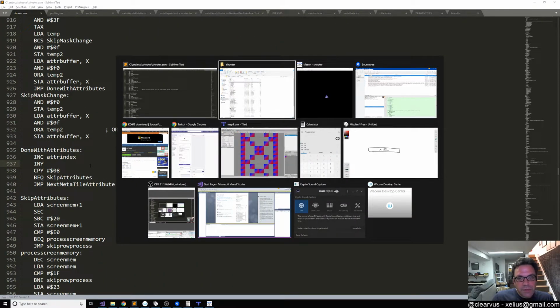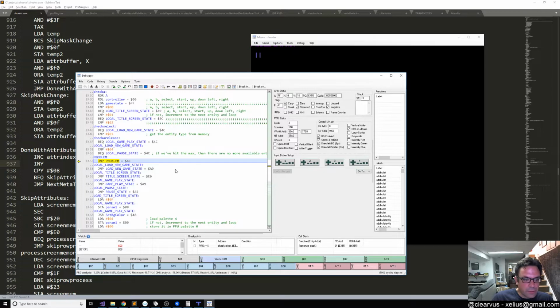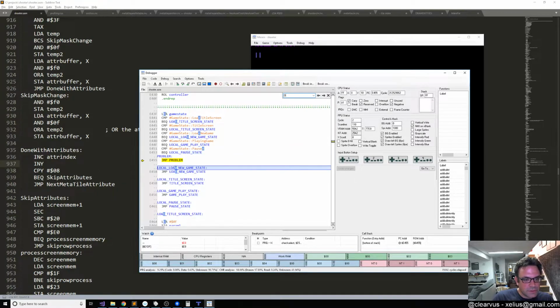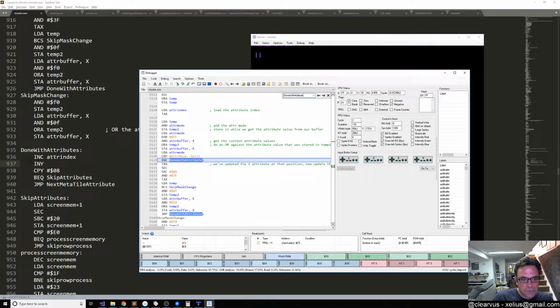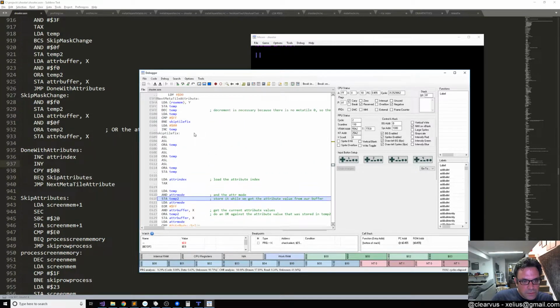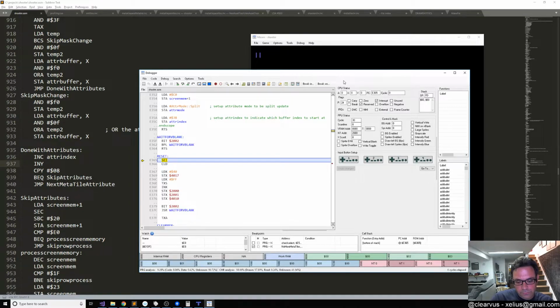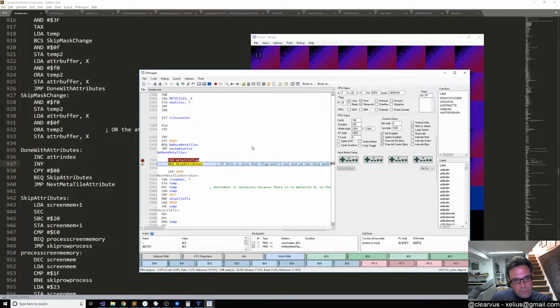All right, maybe we'll just step through this because I'm not seeing anything obvious just by looking at the code. So sometimes you got to walk through it, and that makes it easier. So let's see, done with attributes. So where is the code where we do the check? Here. Okay, so let's restart the game. Run it. Okay, hit start. So meta tile flag